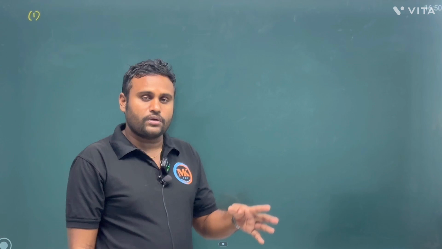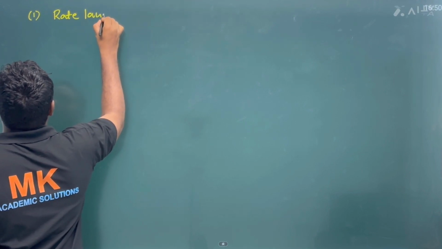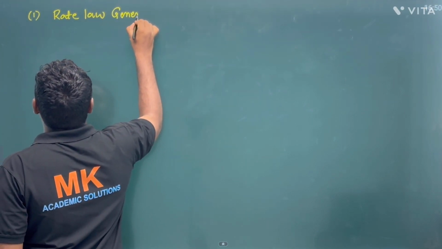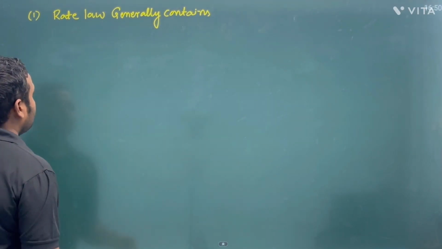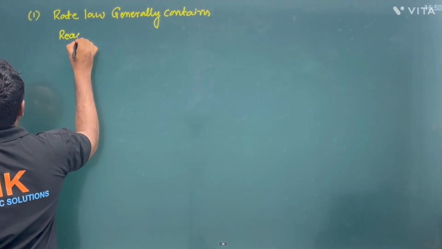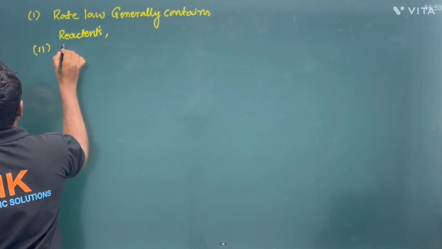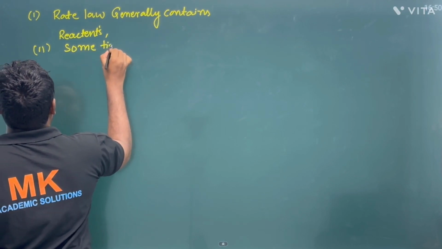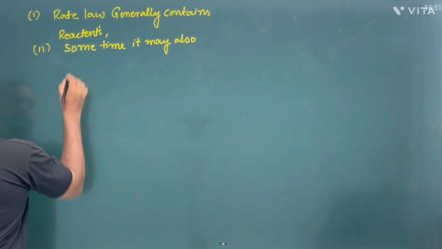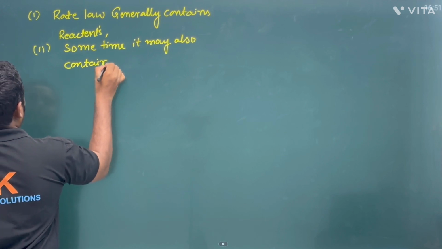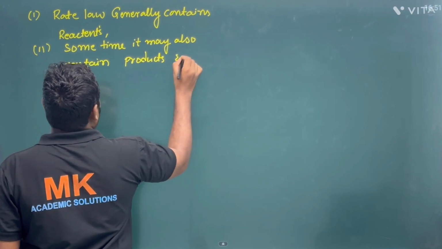But sometimes the rate law also contains products. So the rate law generally contains reactants, and sometimes it may also contain products and catalyst also,